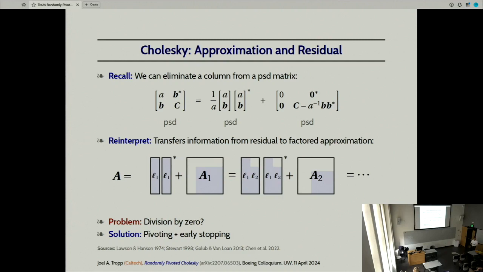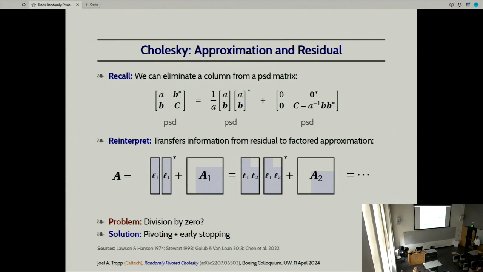And we're going to proceed iteratively, transferring information from the residual into the approximation at each step. And the approximation is always going to have this form of an outer product. So we are not only approximating the matrix, but we're producing structure as we do this. Okay? And that structure helped us solve linear systems before. It's perhaps valuable in and of itself, though, having this approximation of the matrix.